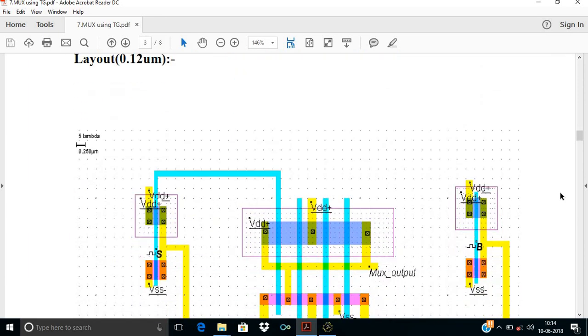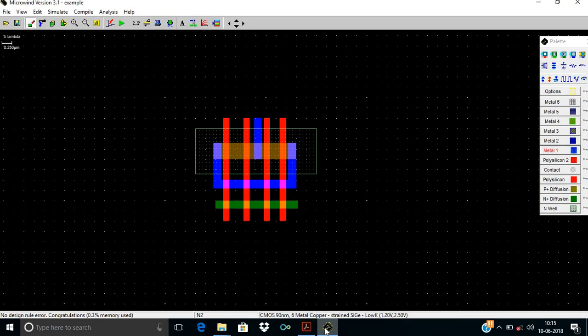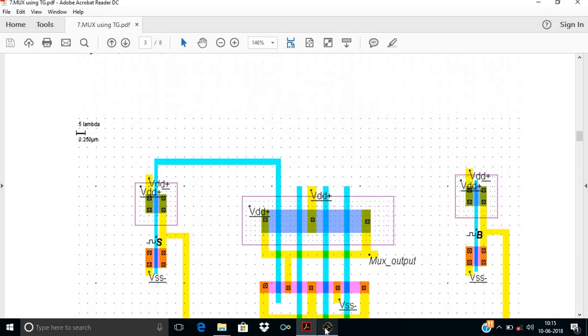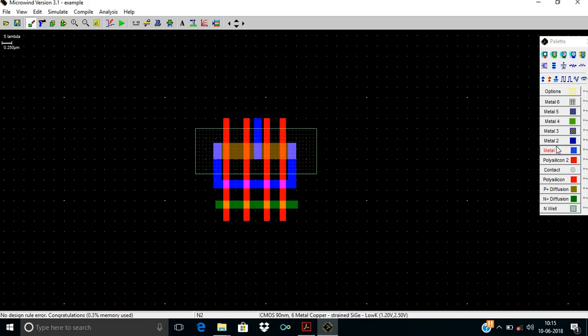To make this connection, this is S and this is the A bar. The source and drain are shorted together and connected to the output. After that, the source of S and the source of A bar are shorted together, and again these are shorted to the B bar and S bar drain. Now to make this connection,